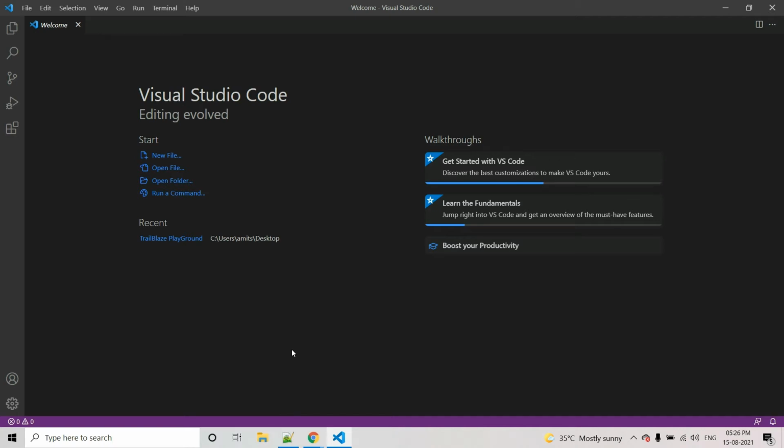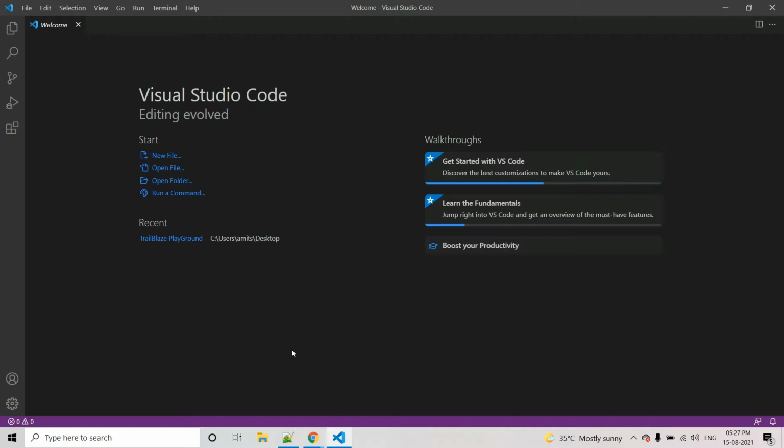My name is Amit Singh and today we are going to see how to create an LWC component with a very short example, and then we will see how to push the code to the scratch org, and then how to view the component data from the dev console, and in the last we will see how to place that LWC component on the home page.